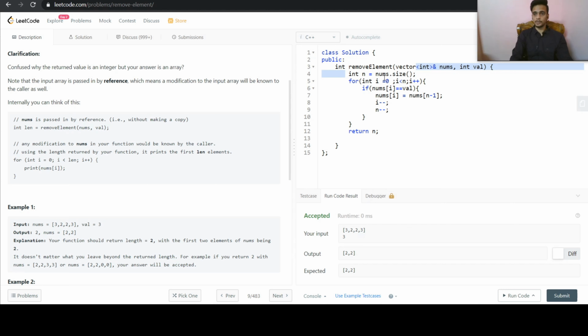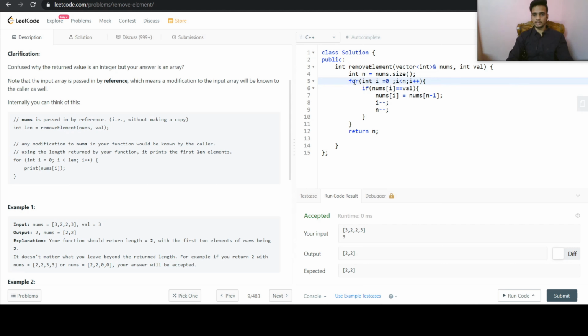Once n has become 2, it will check again whether 0 is less than 2 or not. So we are doing i minus minus and then i plus plus, so again the value of i will be 0, and the value of n was 2.